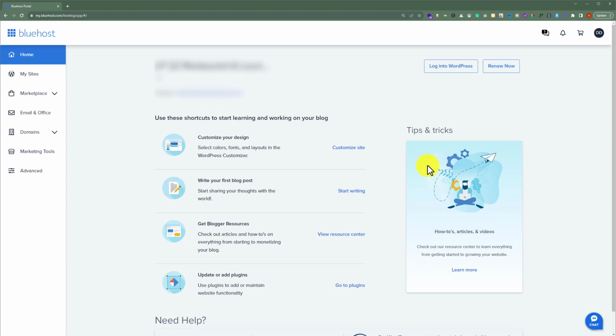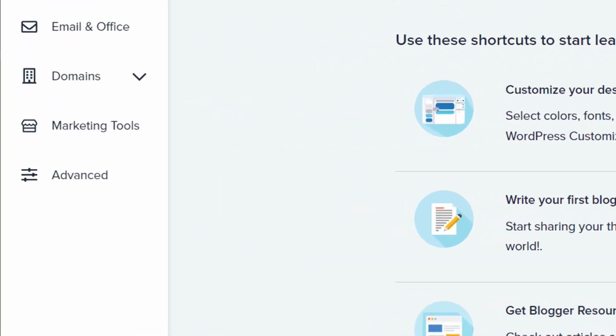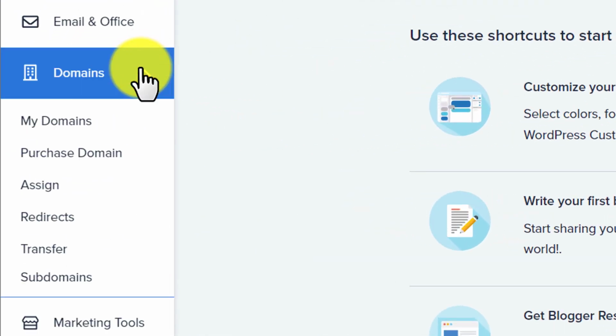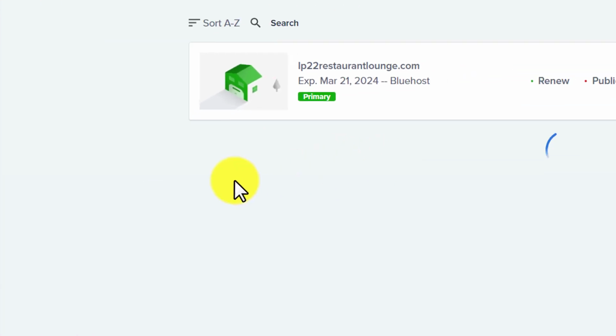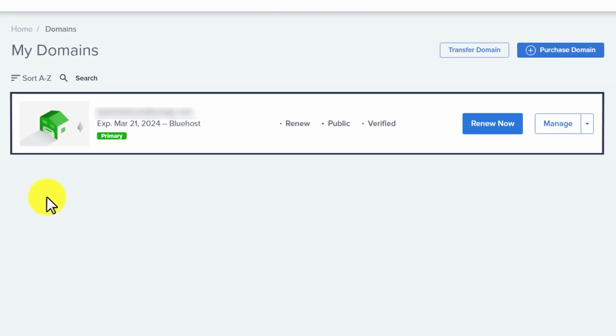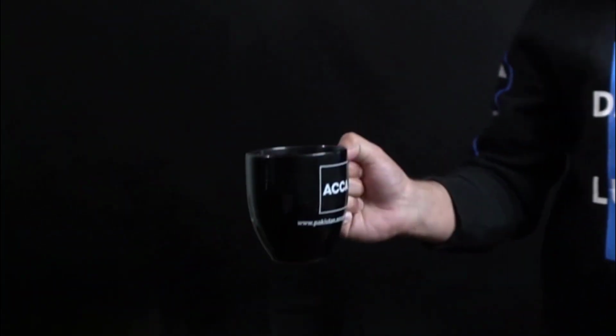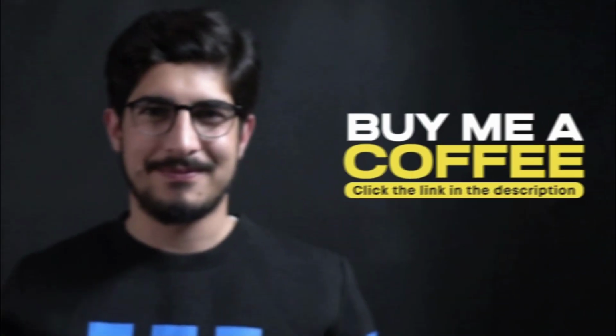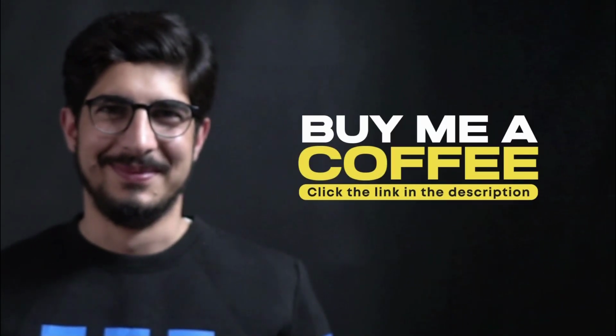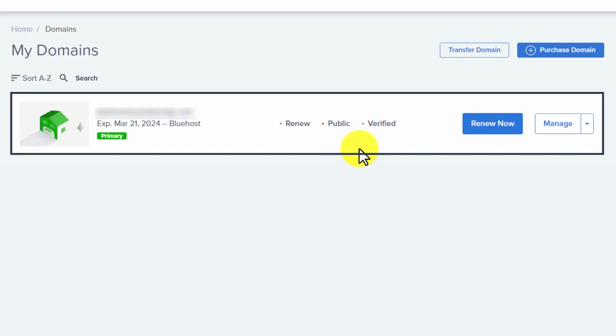Now from the Bluehost account dashboard, from the left menu click on domains, and after that click on my domains, and here you will see all the domains that you have purchased from Bluehost. As you can see that my domain name is already verified, but if my domain name is not verified, then